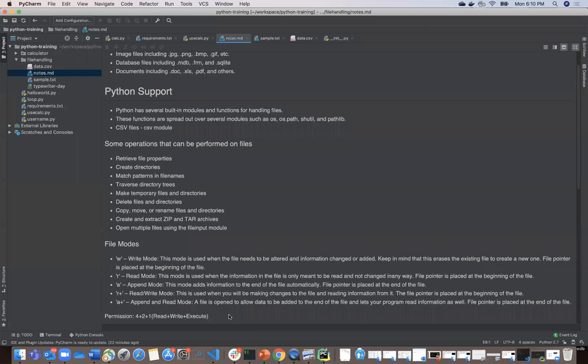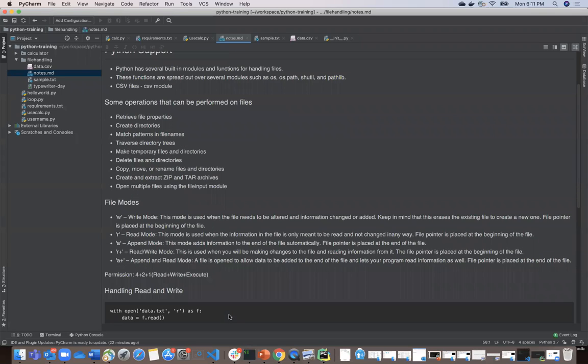Sometimes when you create a file, you will see 644 or 777. That means the permission for a user is given in the first element, the second one is called group, and the third one is called others. We can define all the permissions in one go using three numbers: one for user, one for group, and the third for others. Based on these permissions, the users can interact with the files.